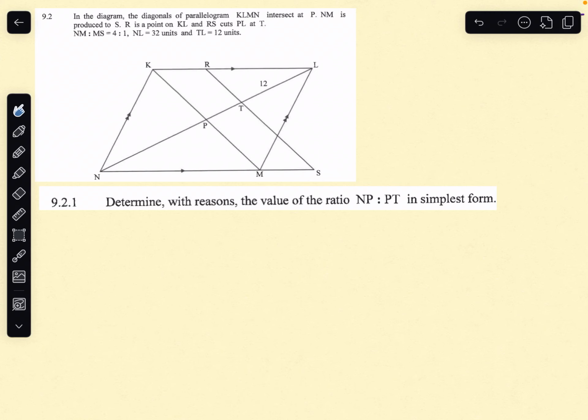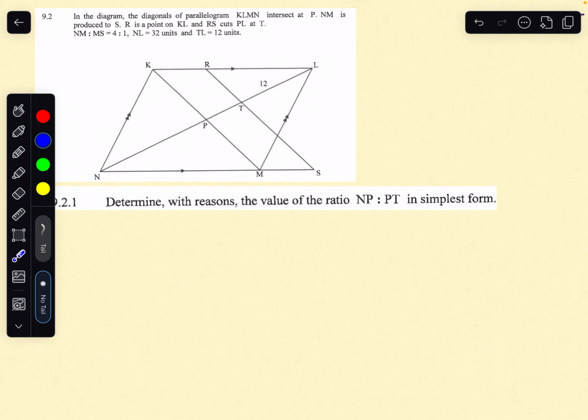Hello and welcome to a ramble about the departments, May 2022, paper 2, question 9.2, the second last question for the series for now. In the diagram, the diagonals of parallelogram